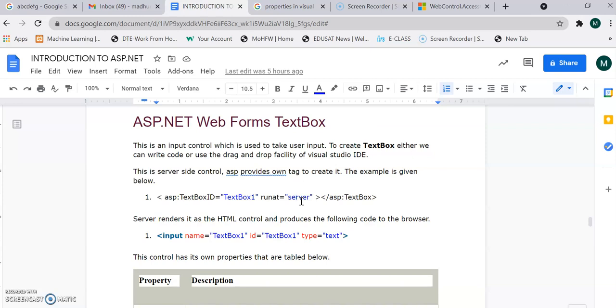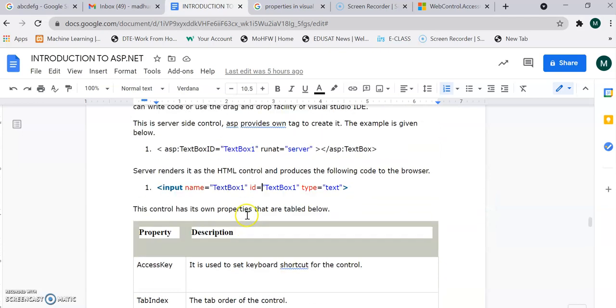There are server controls and client controls. Among those, we are going to learn the server web controls. That means this web control, this text box tool, will run on the server side. Right now we are using this ID, which will have the server as well as the client, so everything will run in a local environment. For closing this asp tag, it is a closed tag and the text box gets closed.